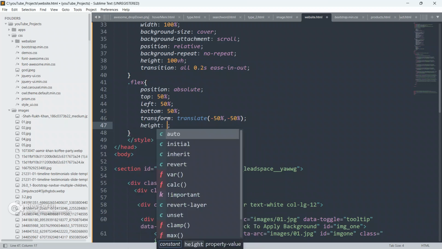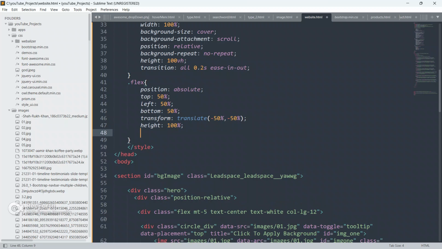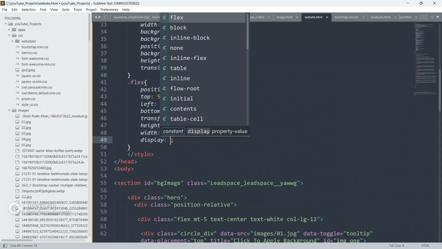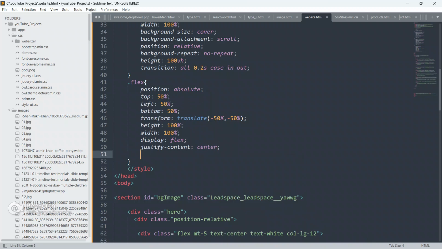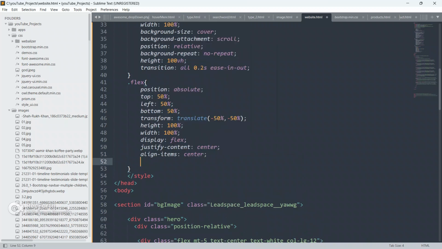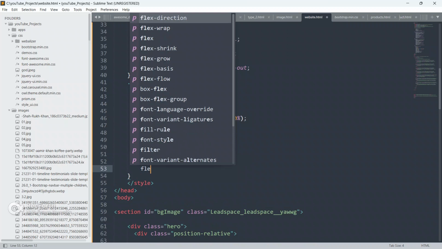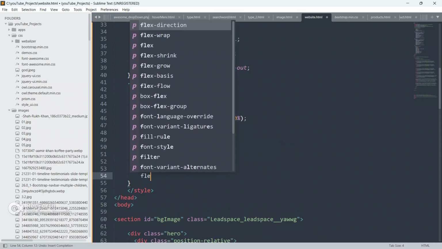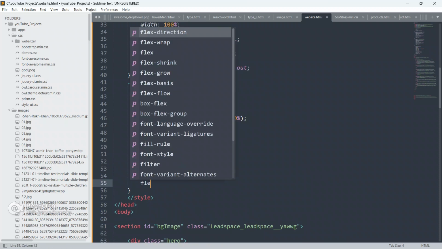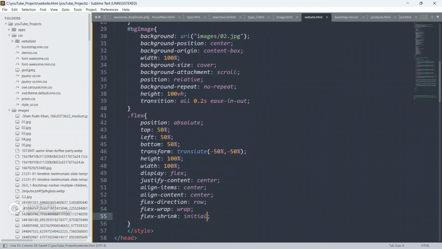Give transition transform. Give height as 100%, give width as 100%, give display as flex, give justify content as center, give align items as center, give align content as center, give flex direction as row, give flex wrap as wrap, and give flex shrink as initial.